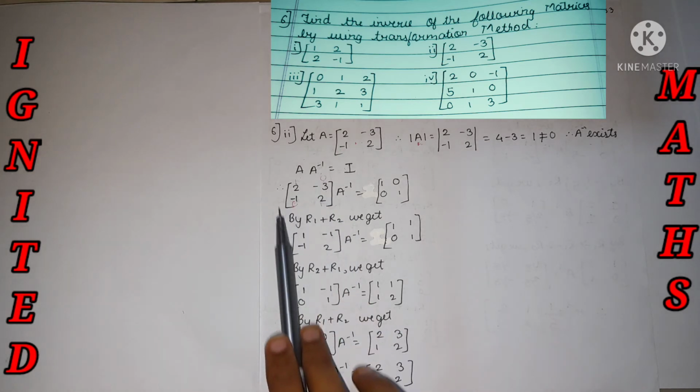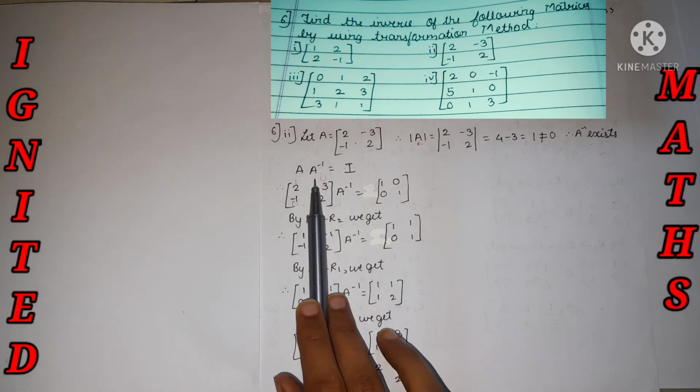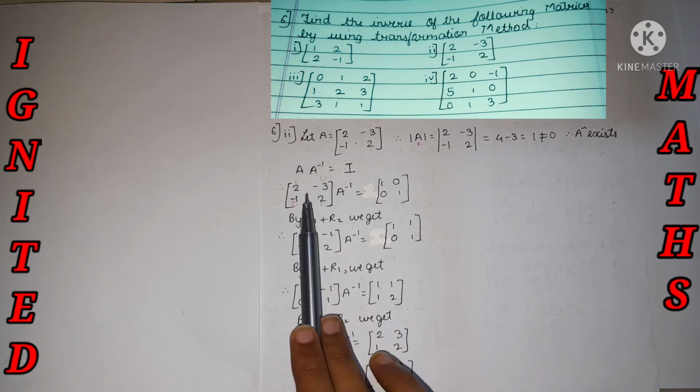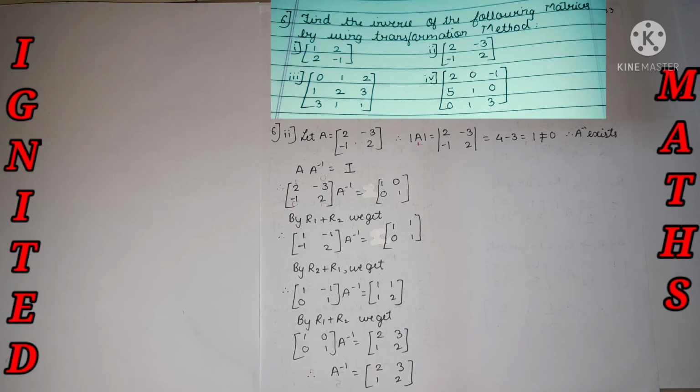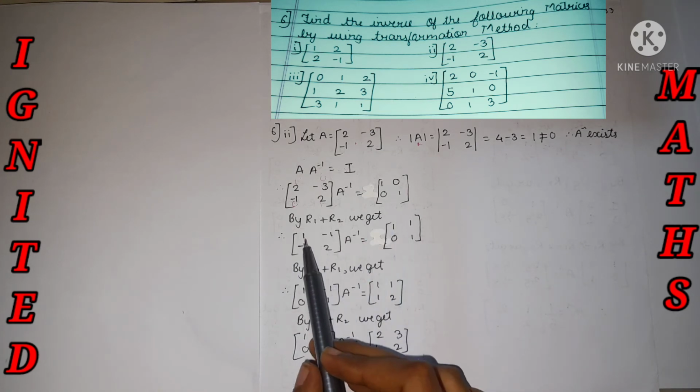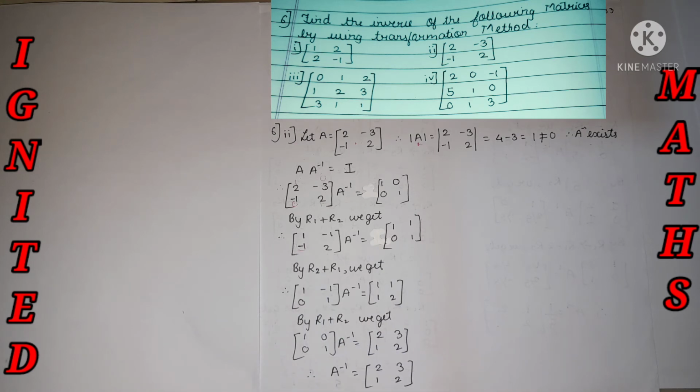We need to take care of the left hand side. We need to bring it to the 1 0 0 1 form, and we need to operate similarly on the right hand side also. This is the procedure. Now over here after doing the calculation we get the answer. Now my second turn: this value I need to bring to 0. How can I do it? -1 plus 1 is nothing but 0. So let's operate on row 2: row 2 plus row 1. -1 plus 1 is nothing but 0.